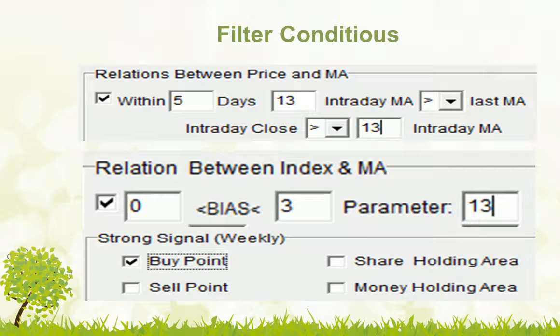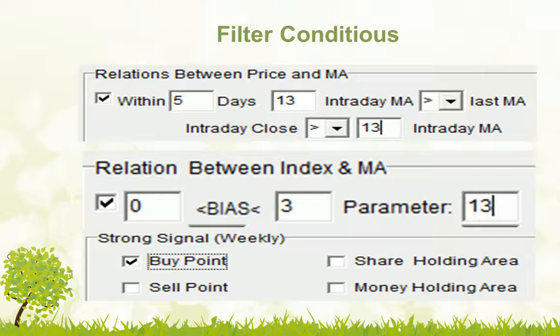The filter conditions. The first one, relations between price and moving average: within 5 days, the 13-day moving average is more than the last day's moving average. I use the 13-day moving average. Just now we talked about the 30-day moving average. The intraday close is more than the intraday moving average. This is the first one. The second